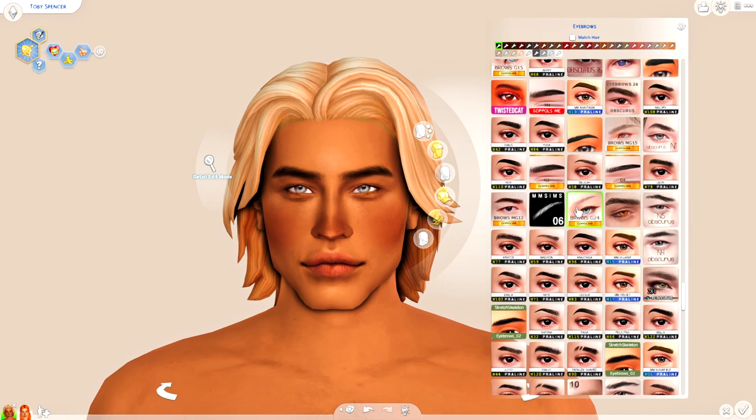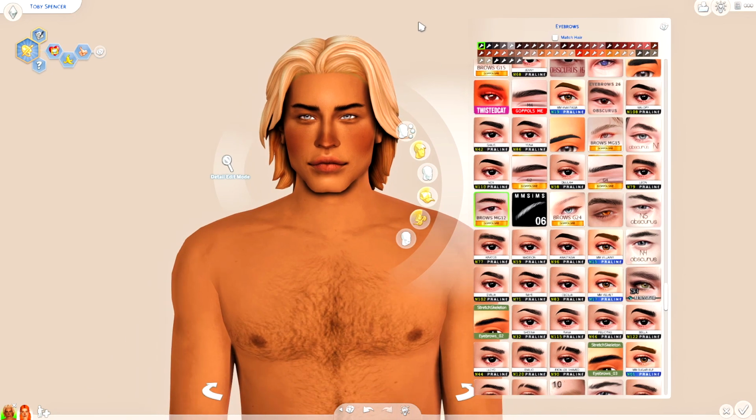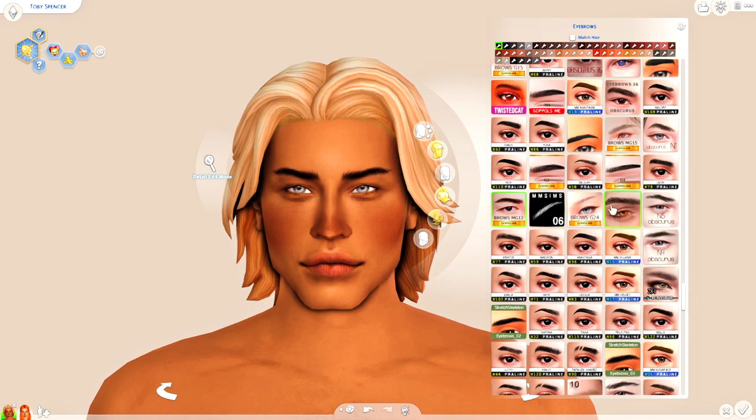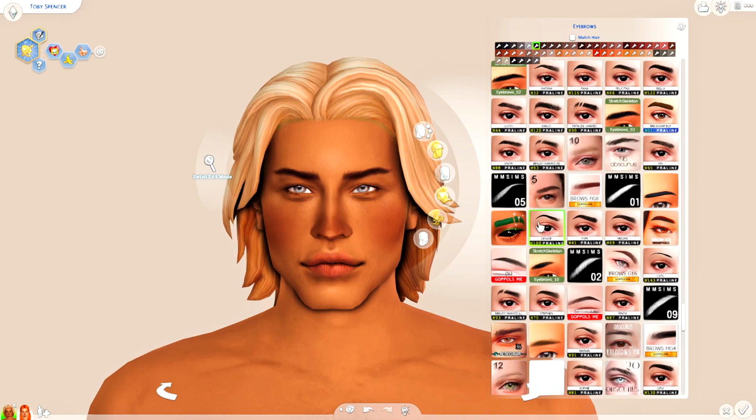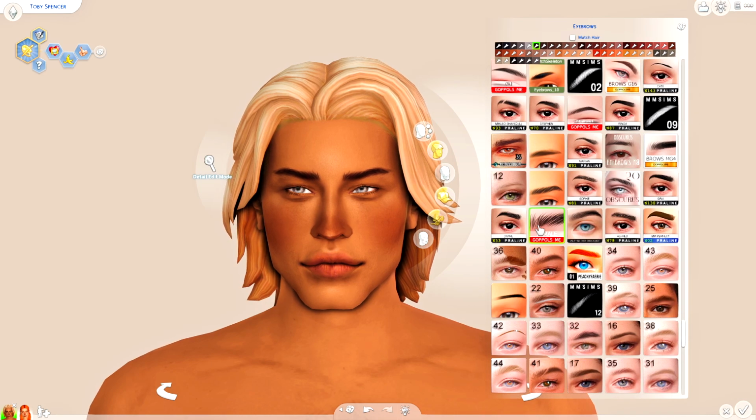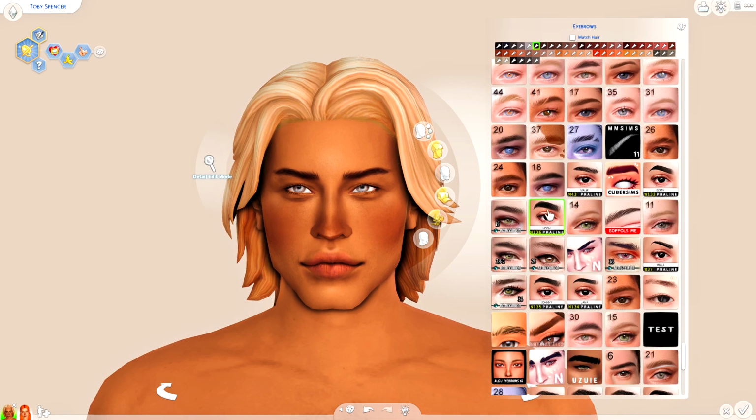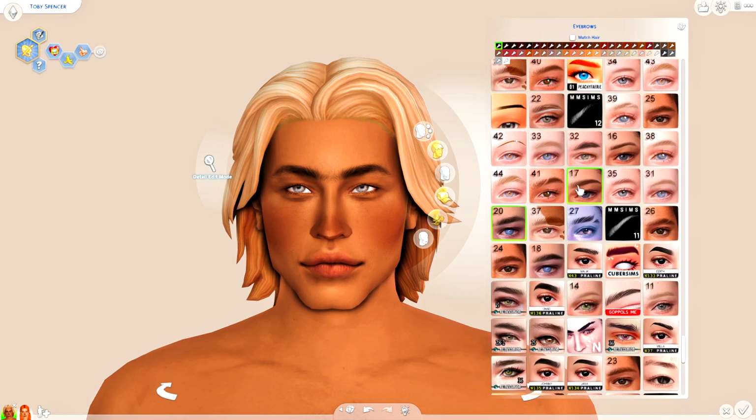And then there's also Gopals Me, who makes some, but I don't tend to use theirs for my male Sims because some of them look too thin usually. I think these look pretty good, but yeah, some of them do look kind of thin, and they don't really suit my male Sims' faces all that often, but sometimes they do. But yeah, so there's some by, like I said, Sims 3 Melancholic,